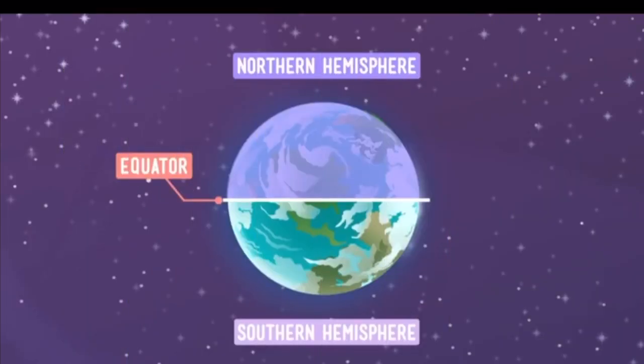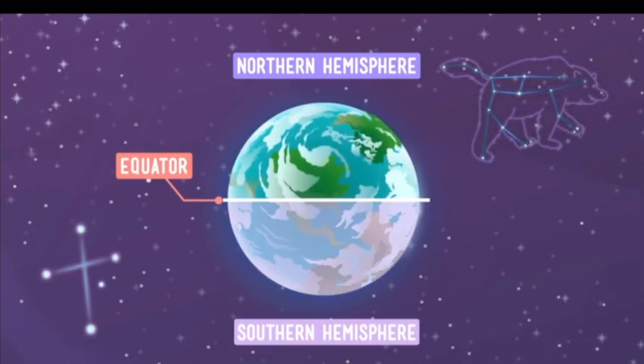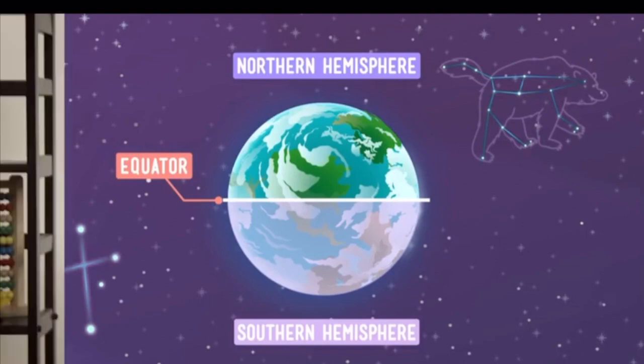Well, the Earth is round and rotates on a tilted axis, so certain parts of the world have better views of certain constellations than other parts do. Observers at the North Pole, for example, can really only see constellations that are visible north of the equator. They can't see the ones below that because the Earth is in the way. But if you're lucky enough to live near the equator, you can see all the constellations over the course of a year,